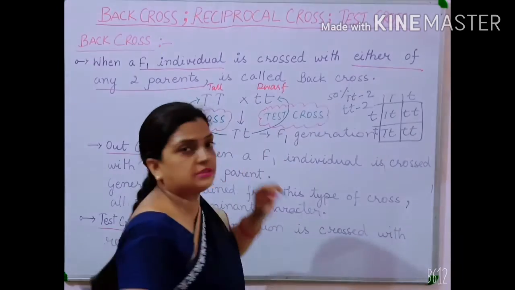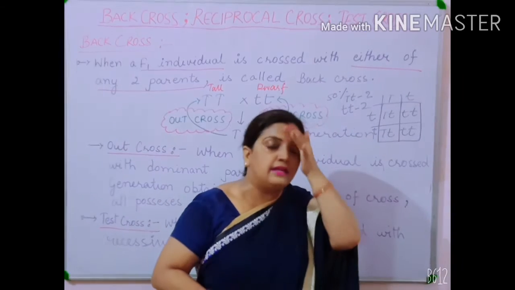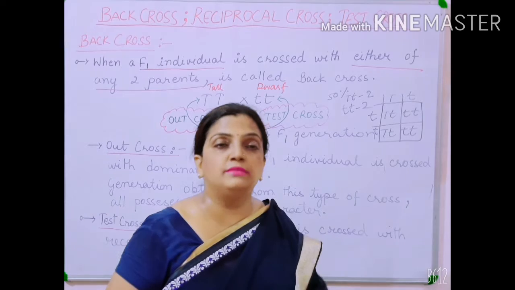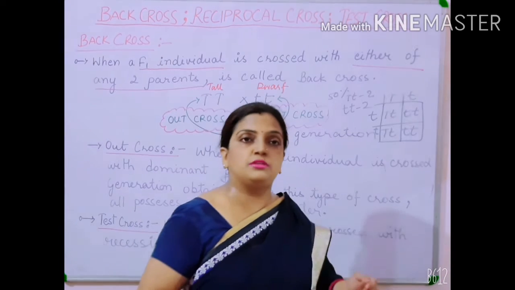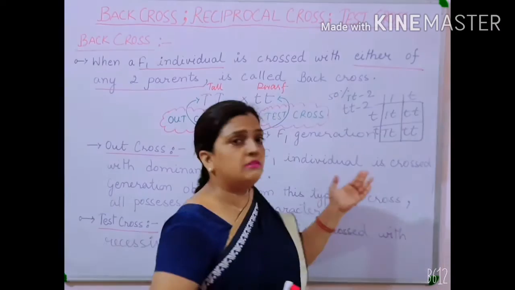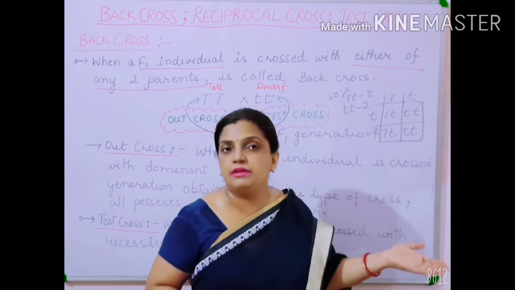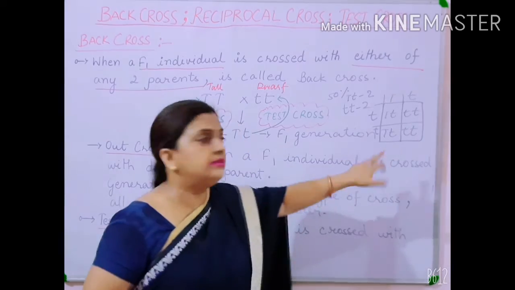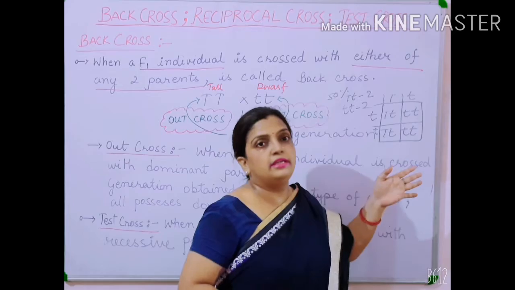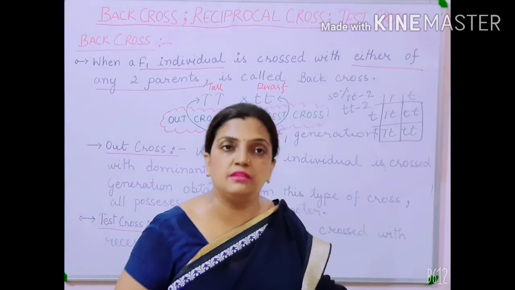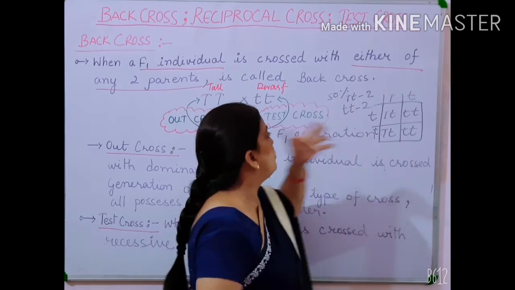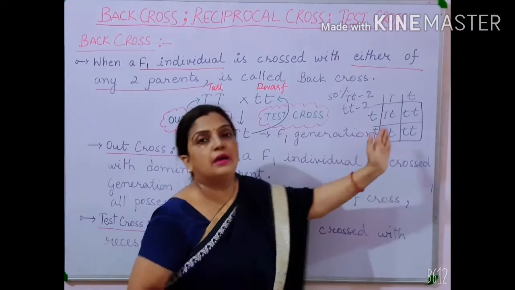By the test cross, I hope you can understand that this was the point which made the experiment and cleared Mendel's confusion about where the recessive gene went away. It was present, hidden in this type of cross. So if the gene was present, only then can the recessive gene be expressed in future generations. Here you had a 50% chance for the recessive gene to appear.